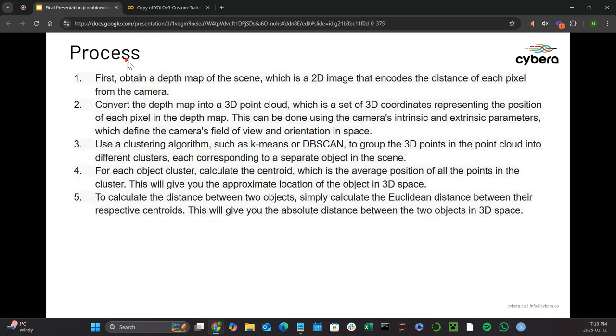There was a process for depth estimation as well. Obtain a depth map of a scene, which is a 2D image that encodes the distance of each pixel. Convert the depth map to a 3D point cloud, which sets up 3D coordinates representing the position of each pixel in the depth map. This can be done using the camera's intrinsic and extrinsic parameters, which define the camera's field of